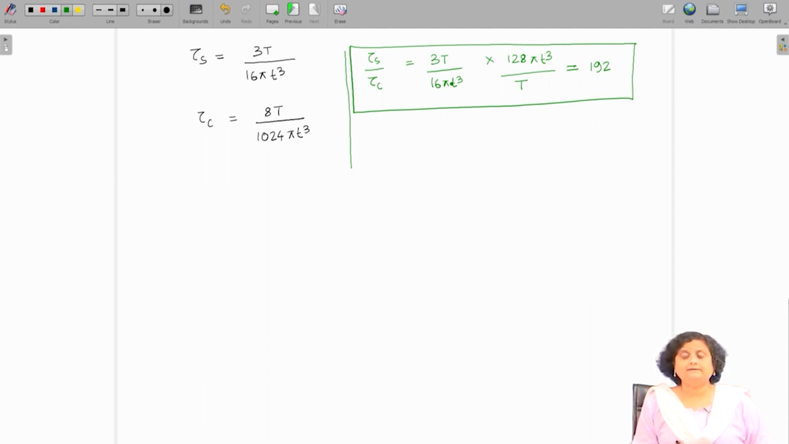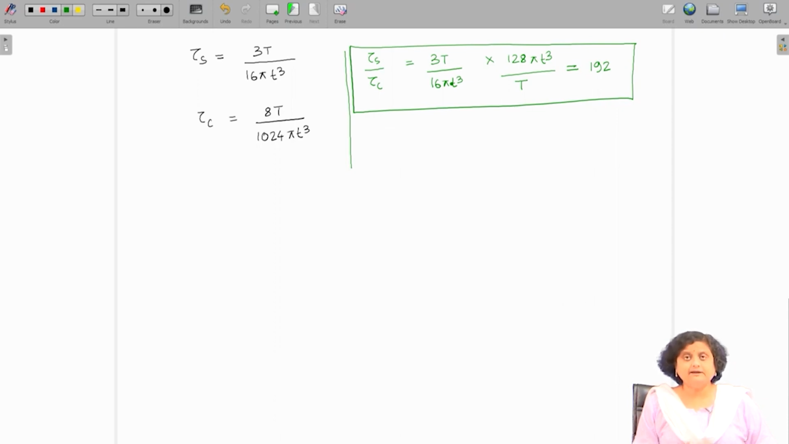Therefore, we can realize that an open cross section is much more vulnerable to failure under torsion as compared to a closed cross section. So, for torsional load we will always prefer a closed cross section shaft as compared to an open cross section shaft, because the strength of a closed cross section shaft is almost 192 times that of a corresponding open cross section